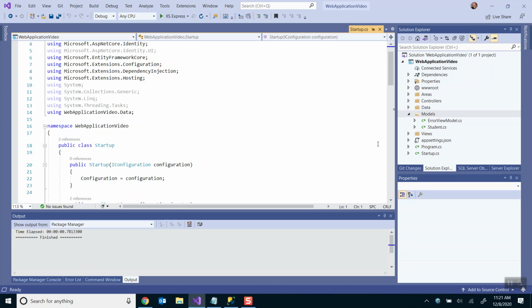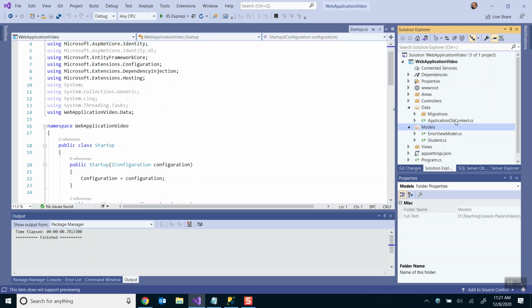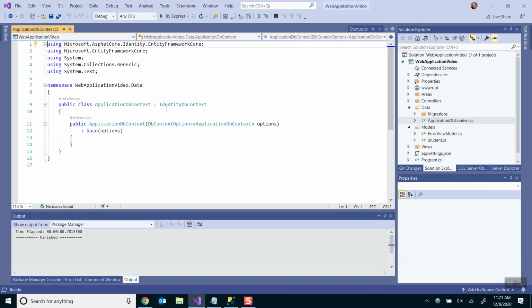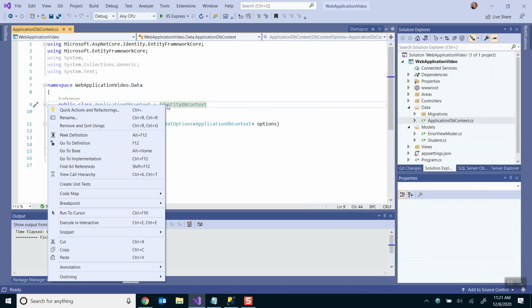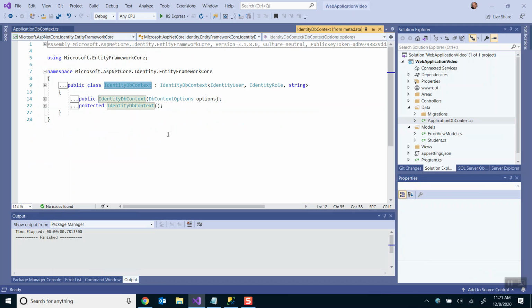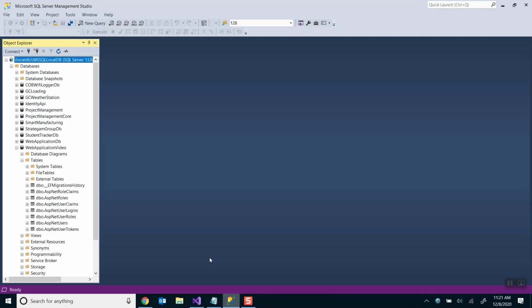Now, what I want to do now is create a data context. Now, a data context essentially represents your database. Okay, when we say represents your database, we have a data context that represents the application DB. And it means that our identity DB context handles all of the features of the database as it is, right? So in the background of identity DB context, there would be some DB sets. Essentially, these are reference lists that relate to